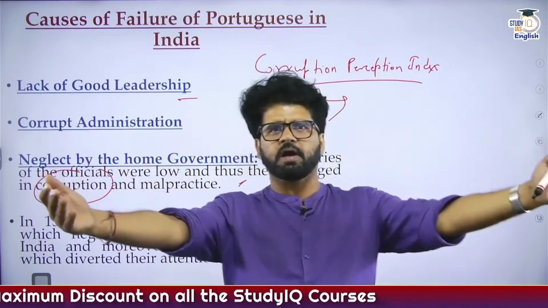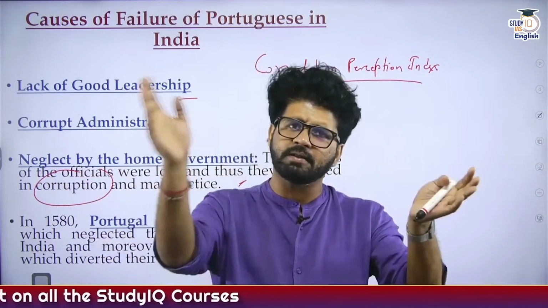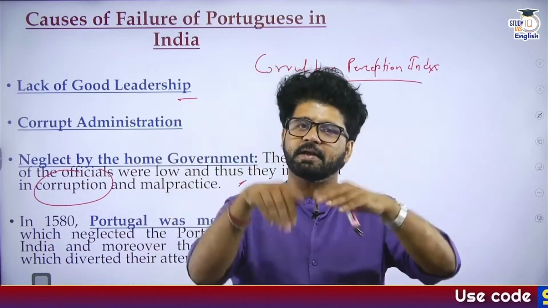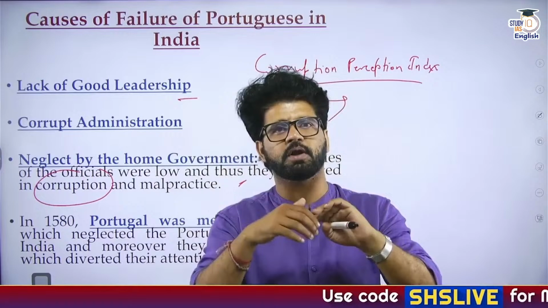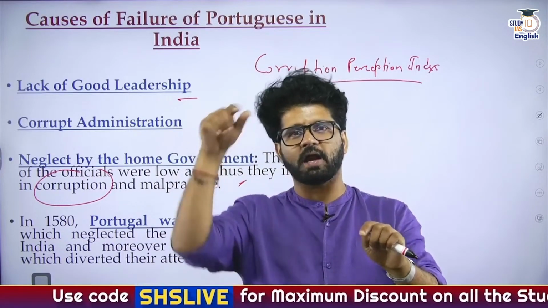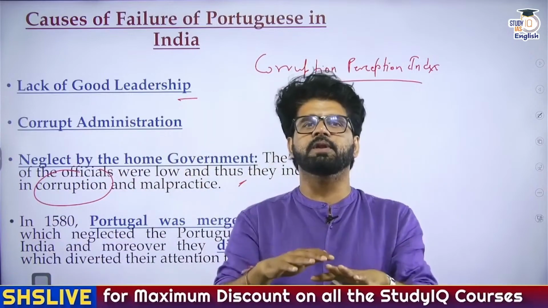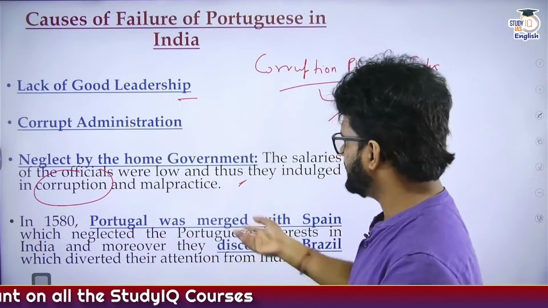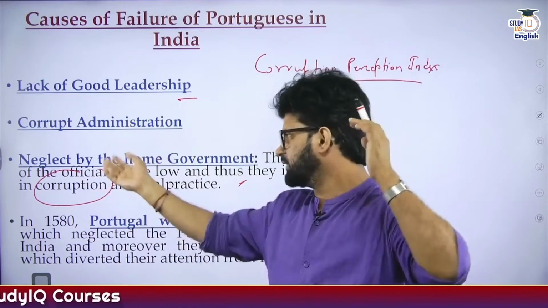They say that in most of the countries, corruption is an exception rather than a norm. In India, corruption is a norm rather than an exception. Again, the Second ARC report says corruption is a low return, high risk activity in most countries. In India, corruption is a high return, low risk activity. So again, corruption is a norm in our country, and it was no exception during that period as well.